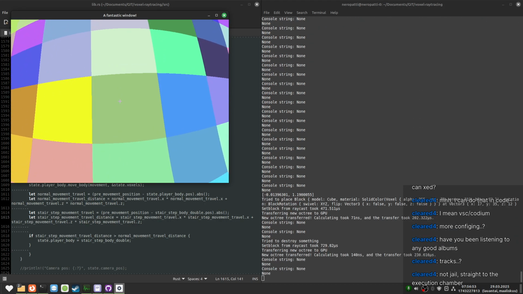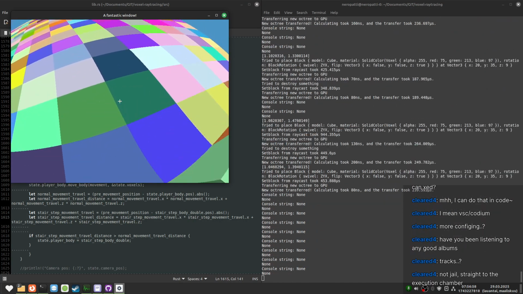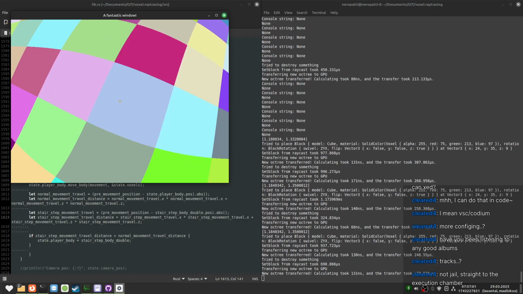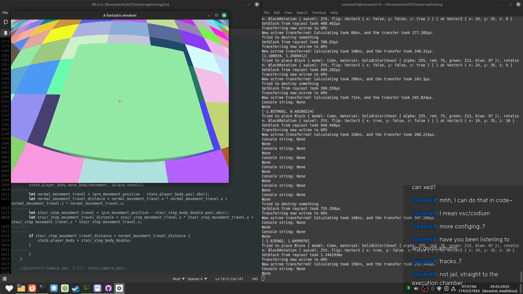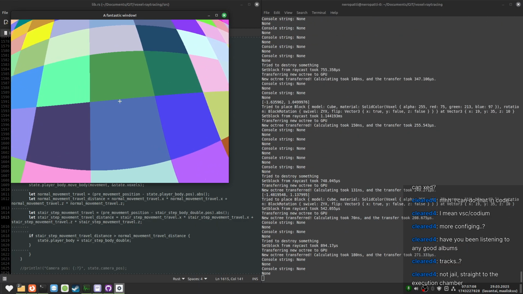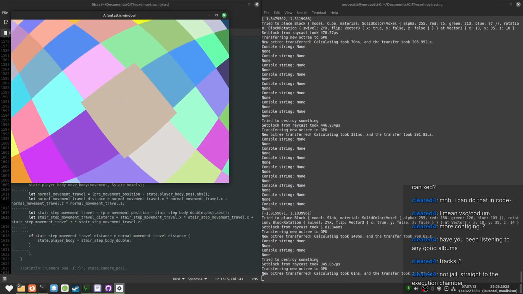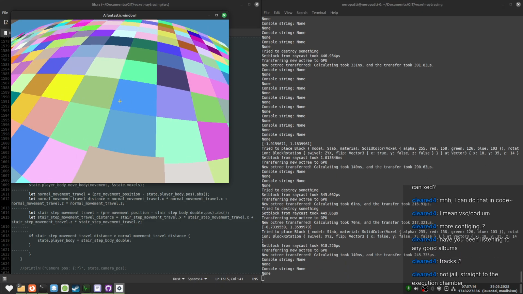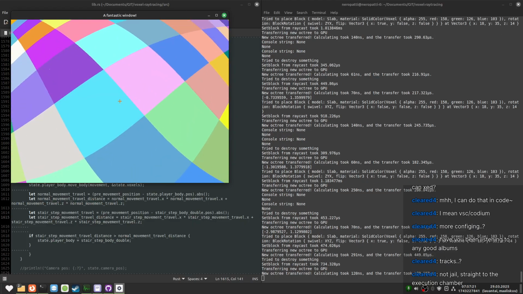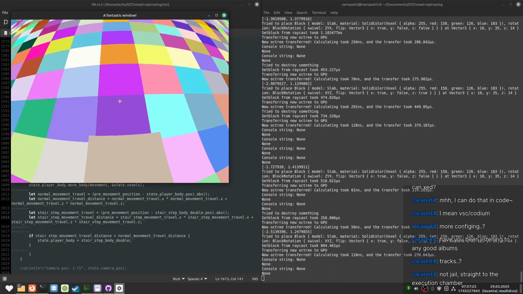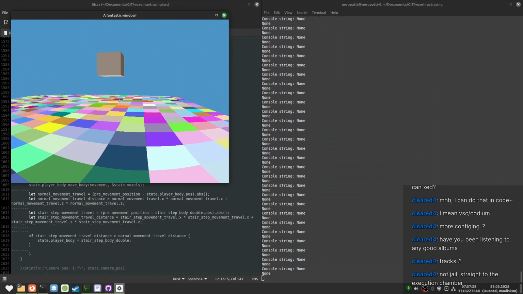If we place the block inside of ourselves, then we do nothing. Yay! Because the stair movement position does not go further. We don't need a special check for this, it just works. That's crazy. But if we place a slab within ourselves, then it... Oh, but if we walk out of the slab, then it doesn't do it. If we walk into the slab, then it does do it. Yippee! It works kind of exactly how it's supposed to.